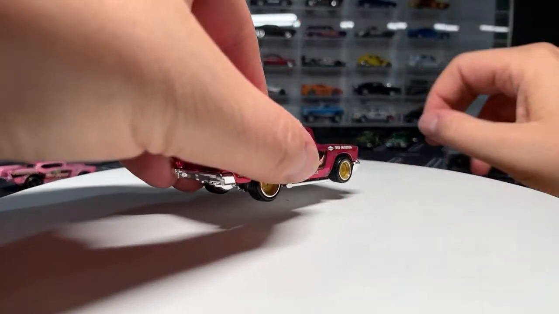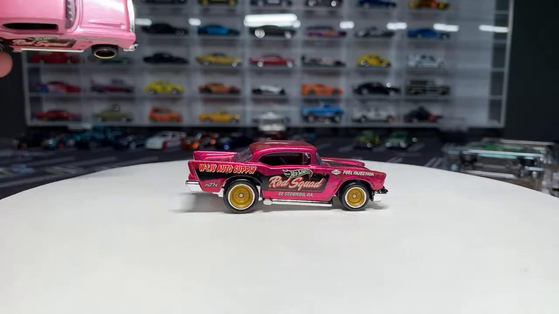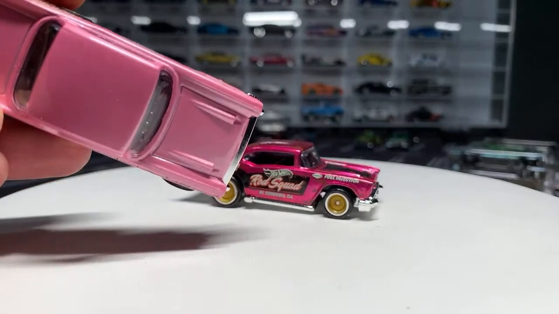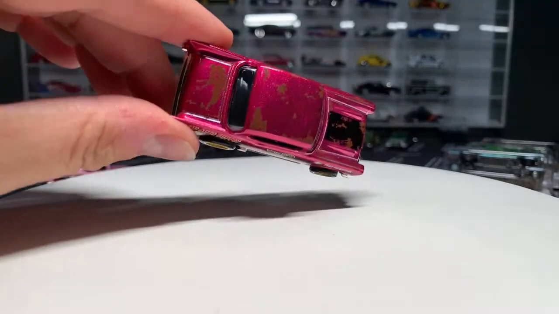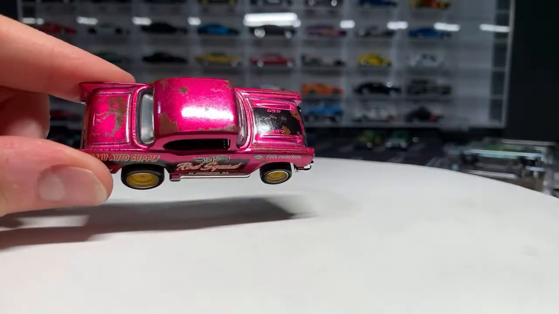Opening supers is becoming an easier and easier prospect. So this is actually a really cool super. We'll get into it, but here's the regular version. See, it's just pink on top. This one actually has this kind of rust look all over the back and on the roof,